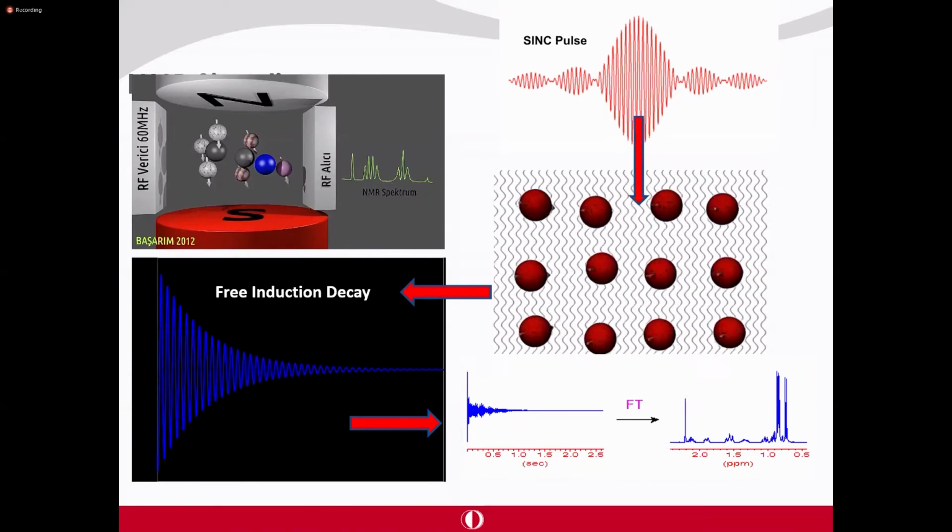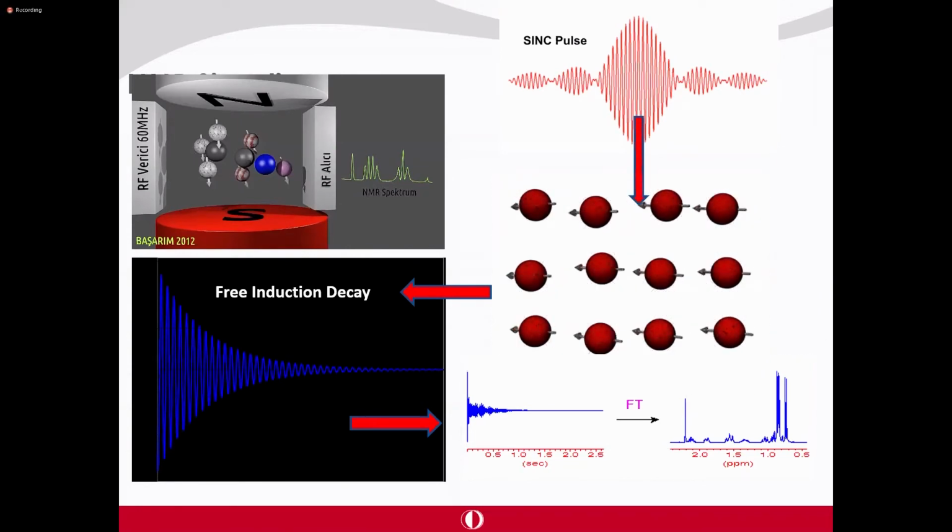So they are no longer in their initial form, but once the RF pulse is turned off, they are going to come back to their original form, and during that returning back, they are going to generate the signal. And here you see the signal, and once the signal is Fourier transformed, you end up obtaining a spectrum,